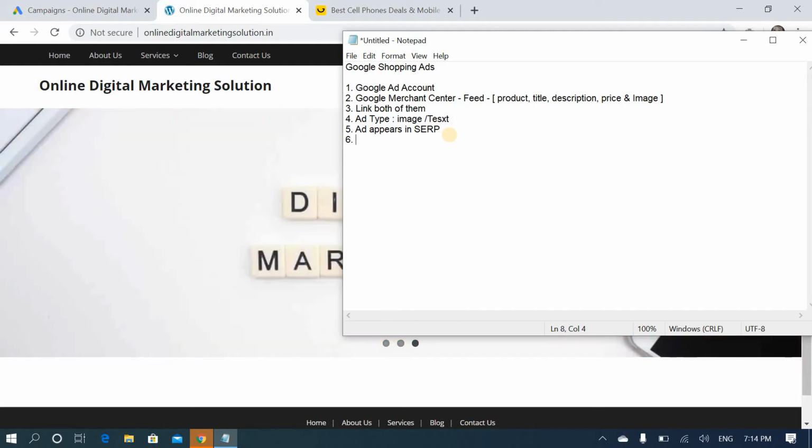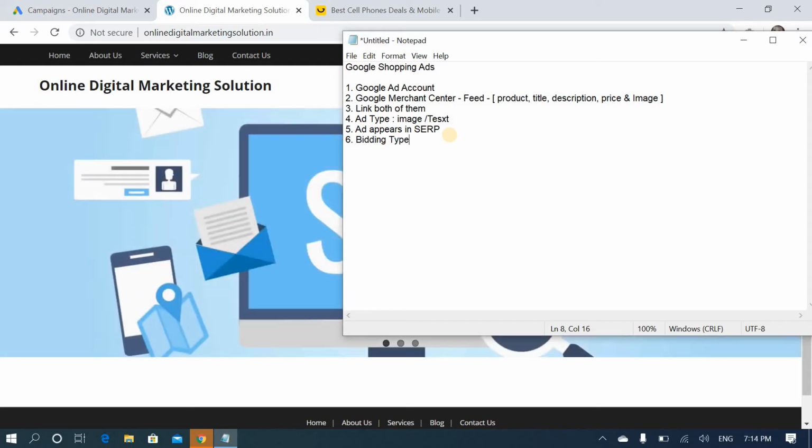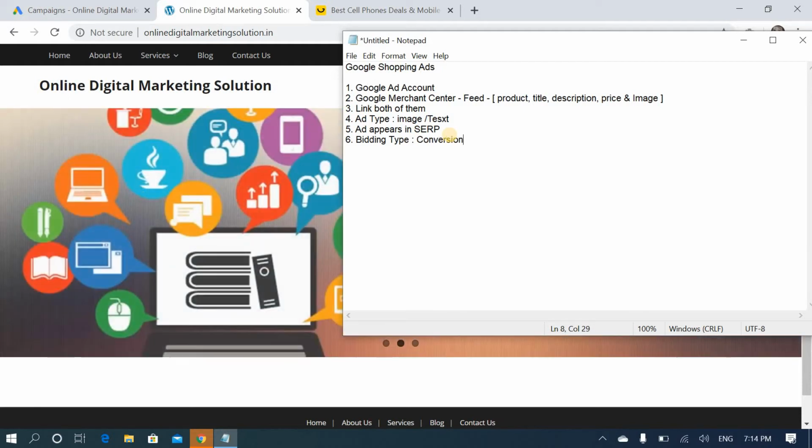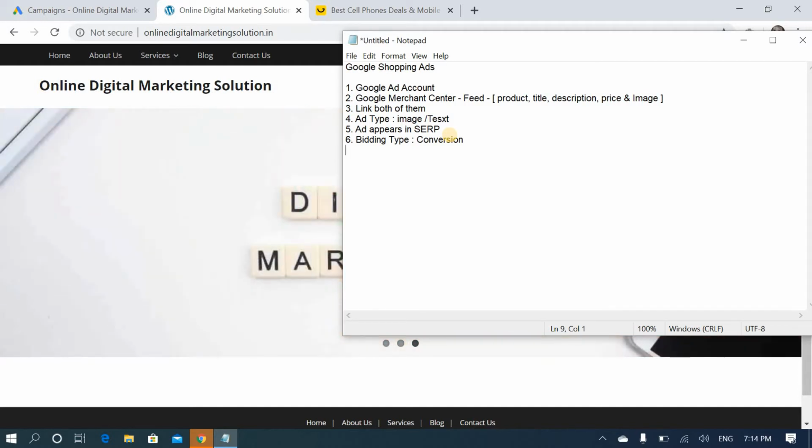Next, sixth one, bidding type is conversion. This is conversion. Okay. And conversion means only when a customer purchases will Google charge, otherwise Google will not charge. Okay. So these are the main important points.